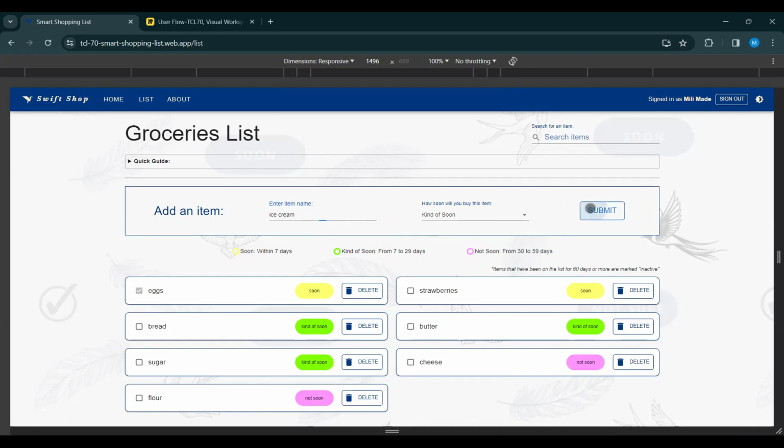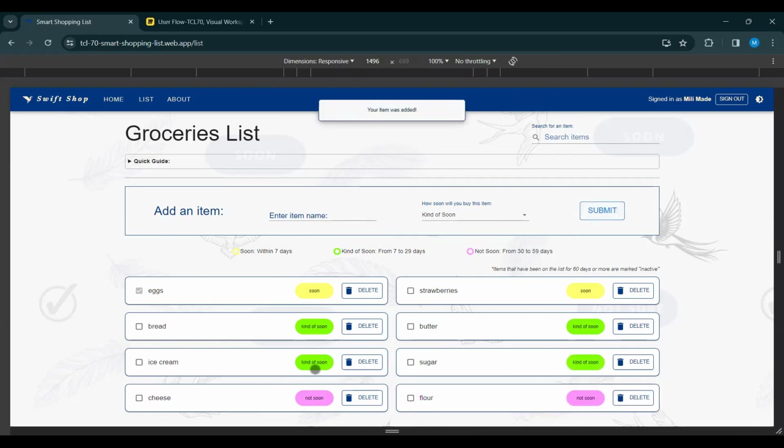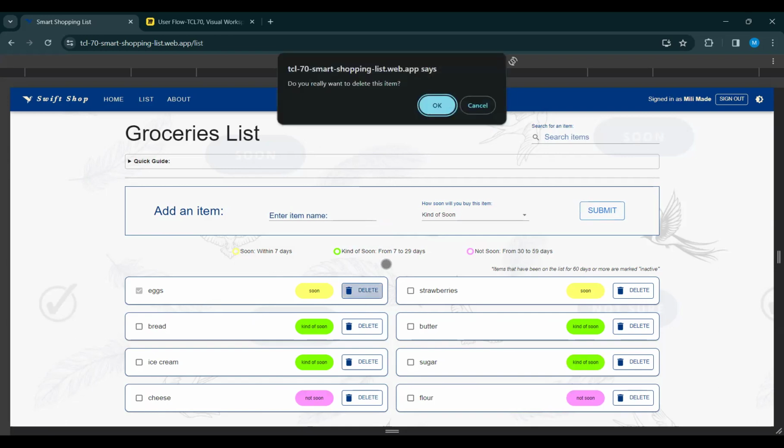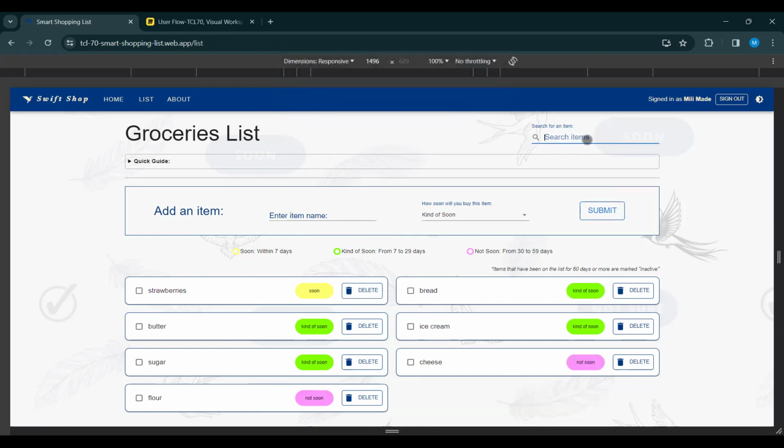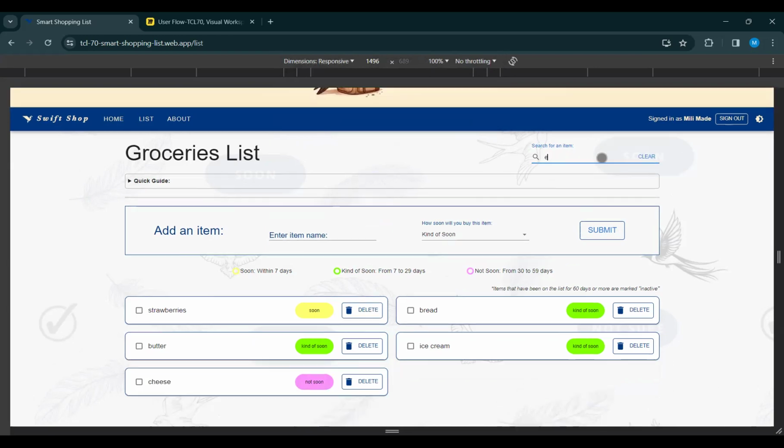Go ahead and submit that. And there you have it on the list. You can also delete items by just clicking this little button. And over in the search items, it's really fun because even if you